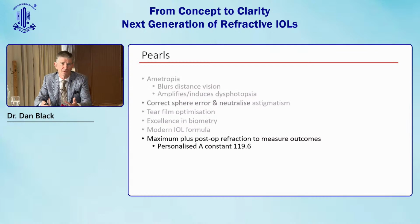Of course, we all should be auditing our results. We can't progress as clinicians unless we audit our results. And auditing cataract surgery, particularly after using a lens like the PureSee, we have to have a very accurate post-operative refraction. Autorefractors do not work. You have to use a maximum plus refraction. It's easy to do, it's not time-consuming, but it will give you invaluable insight into the performance of this lens